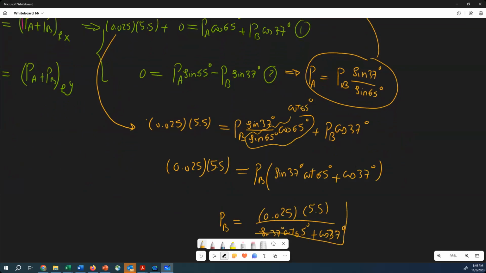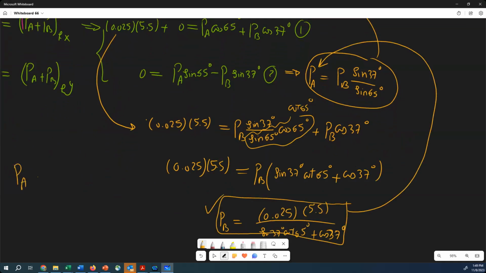Okay, so just calculate this. When you calculate that, you can calculate the PA. Good? Okay. When you have PA and PB, you will have everything. Okay, but part C is telling us to determine whether it is an elastic collision or